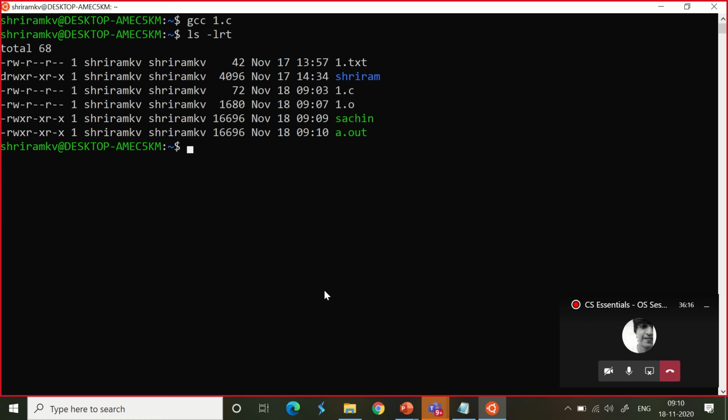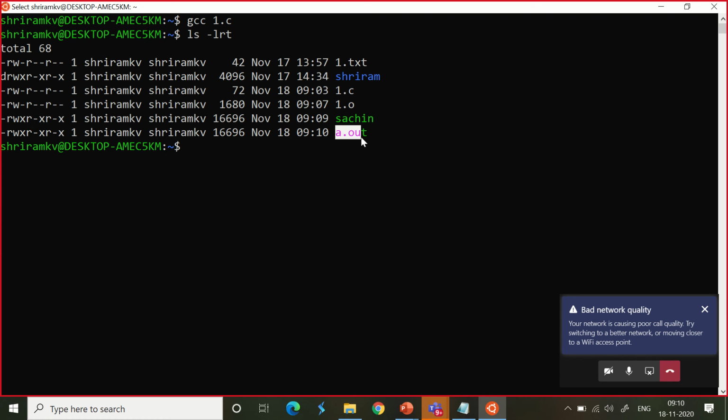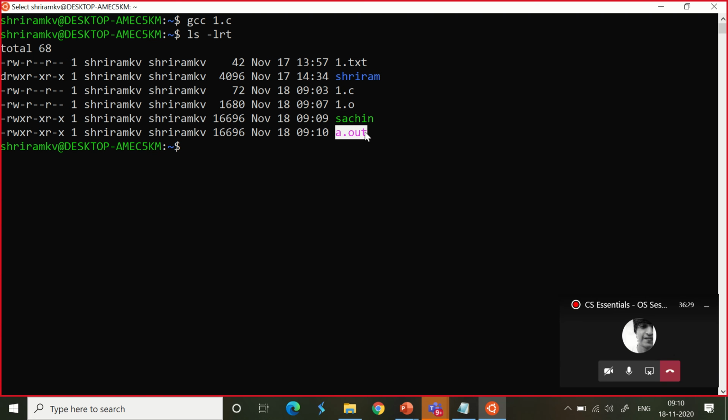Sir, what did you do earlier, sir? I'll repeat the process, please remember. GCC with just the file name will also give you output, but it gives you the output in the name a.out. It is not giving the output in the name that you want. It will give in the specified format a.out. So in a particular directory, you can have only one a.out. I cannot have 2 executable files with the same names in the same directory. So this is problematic. So what did I do?